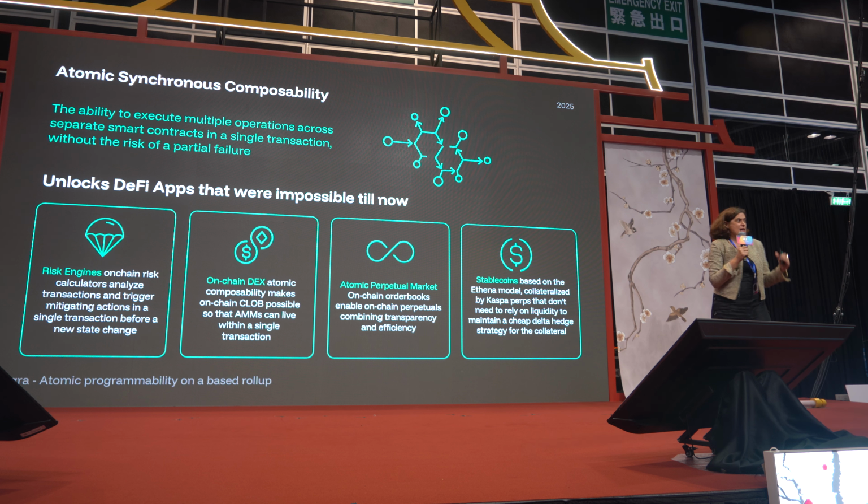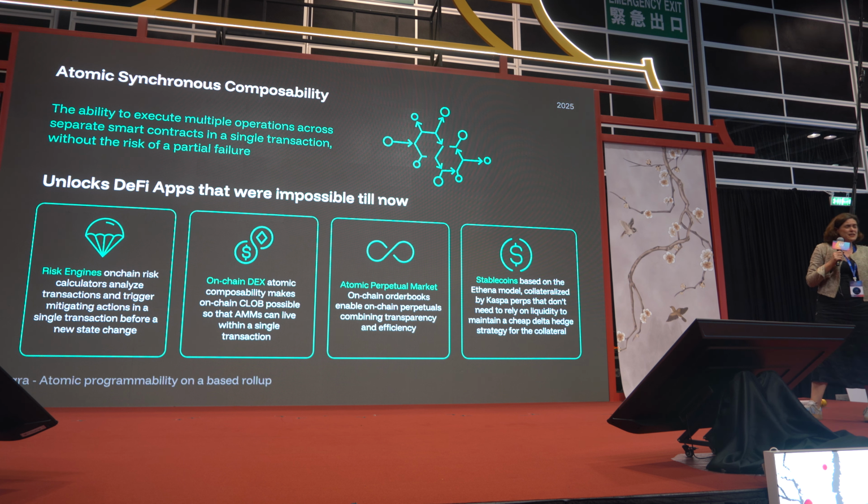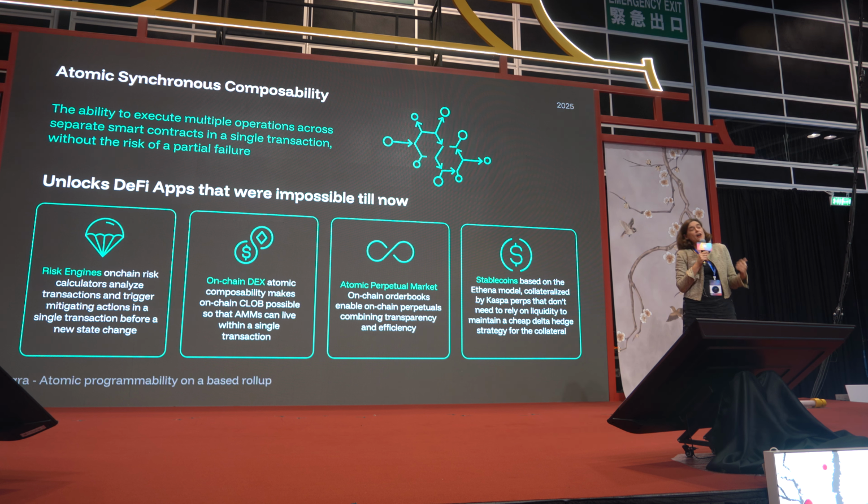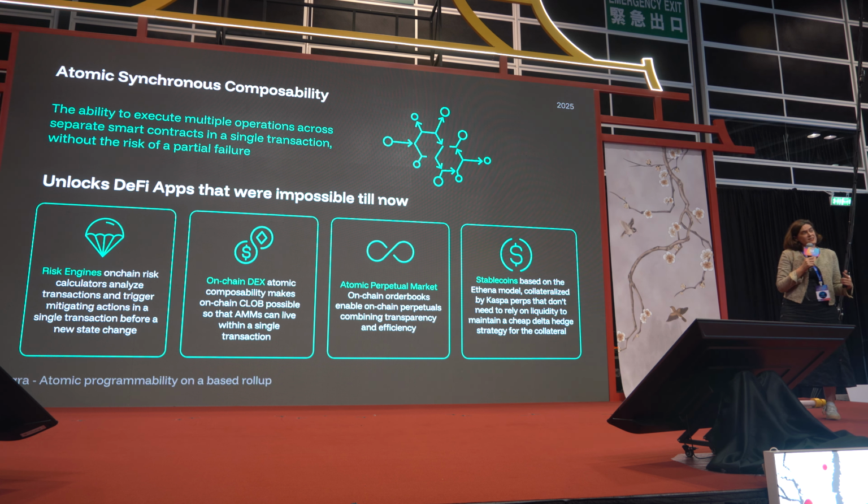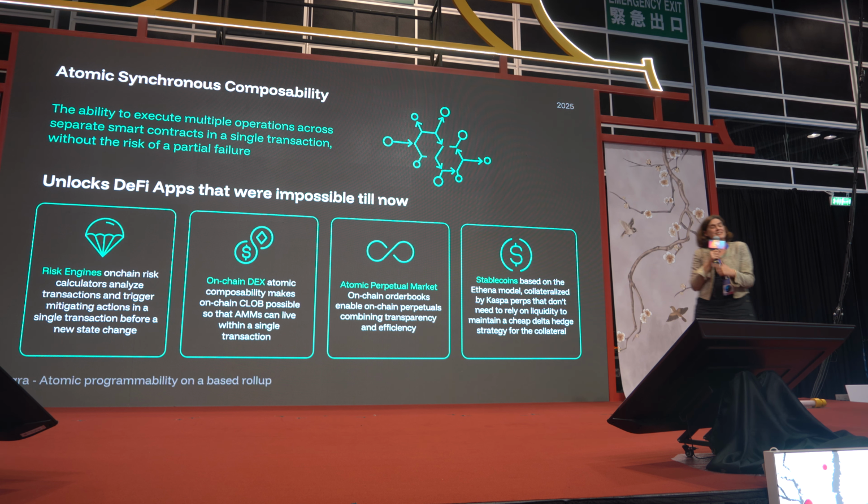So, if you're familiar with DeFi, you know stable coins and perpetual markets and so forth. However, they're all constrained by the amount of liquidity that you have at the base asset. The minute we'll have synchronous communication within one logic zone, we'll be able to offer on-chain DEX or CLOB order books that are able to fulfill orders and trades within one single block. That means that you can build stable coins on board of tokens that don't necessarily have that big of liquidity and mitigate that risk.